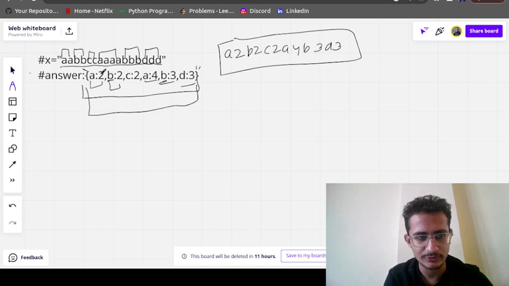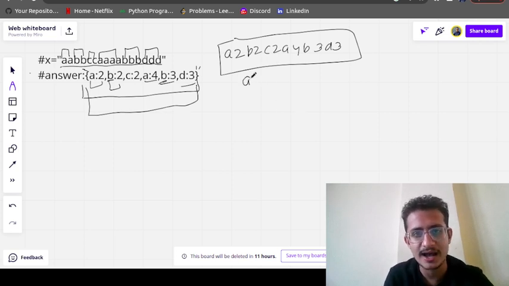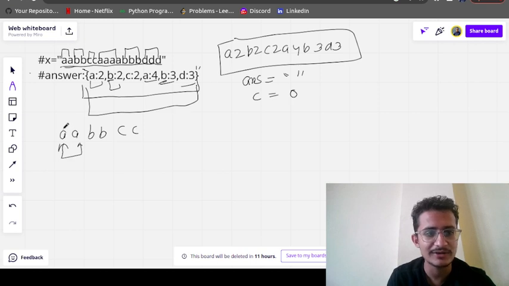Okay, so what we have to do is traverse the string, and we need to store some value in a string. So let us say an answer string is there, which is initially empty, and to count the characters we need a variable, let's say that is C. Suppose the input is given like this: A, B, B, C, C. I will check whether these two are equal or not. If they are equal, I will increase the count by 1. So count C will be 1.